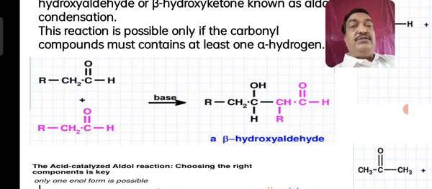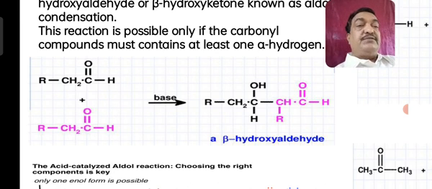So aldol condensation is possible with RCH2 C double bond OH, two molecules in presence of base, to give RCH2 CHOH CHR C double bond OH. Here now you can see an alpha beta hydroxy aldehyde. The first carbon, that is C double bond OH, is the aldehyde carbon, leave it. The next one is called the alpha carbon, and the next one is called the beta carbon. On the alpha carbon there is a hydrogen, on the beta carbon there is a hydroxyl group, that is why it's called alpha beta hydroxyaldehyde.